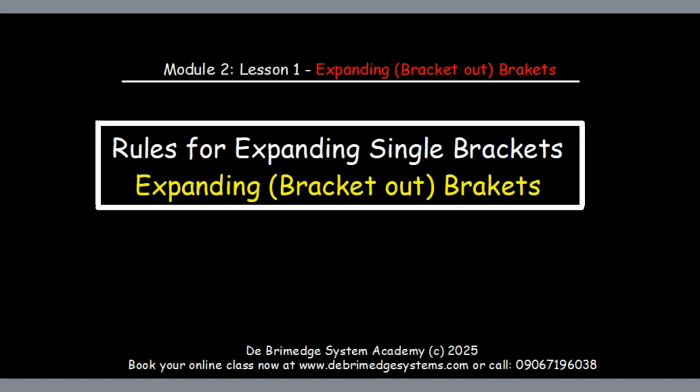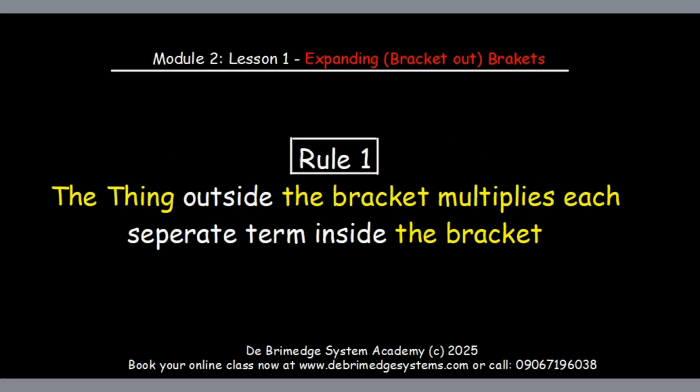First of all, we're going to understand the rules for expanding single brackets. This is going to give us a guideline to understanding this topic very well. So what's the first rule? Rule 1. The thing outside the bracket, it could be any variable, any number, or any number with a sign, multiplies each separate term inside of the bracket. This is rule 1. So for instance, if I have this,